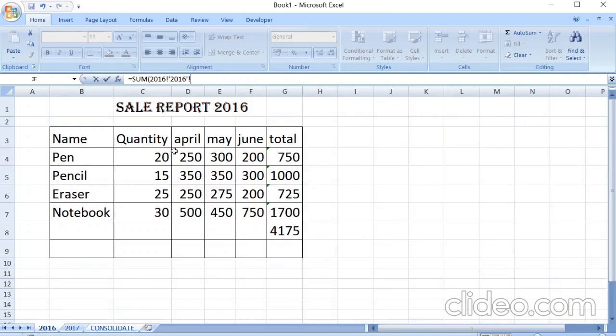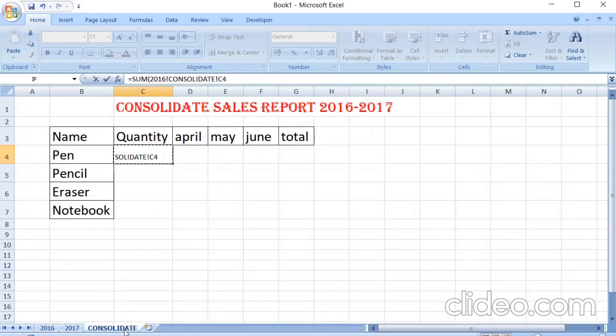Cell address of this is B4. I have clicked, it will automatically come C4, comma. My next sheet is 2017. Then put an exclamation sign, then put C4.